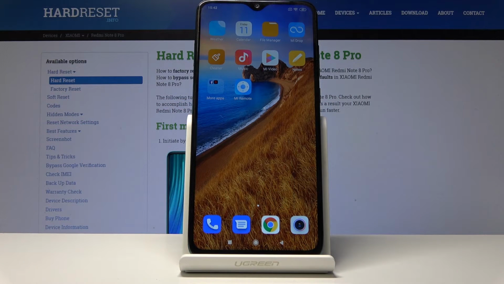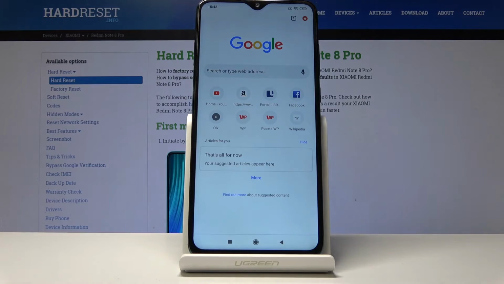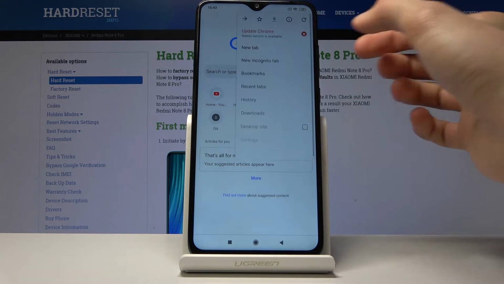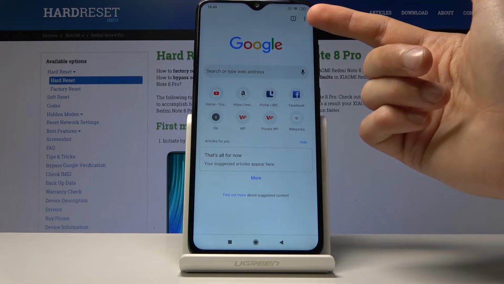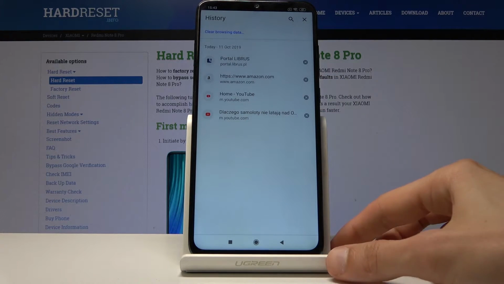Welcome. In front of me is a Xiaomi Redmi Note 8 Pro, and today I'll show you how to clear browsing data. So to get started, you want to open up your browser. For me it's Chrome, and from here, where I have right now a red dot, just get rid of it. Normally you'll have these three dots, so tap on them, and from here you'll see history right here, and